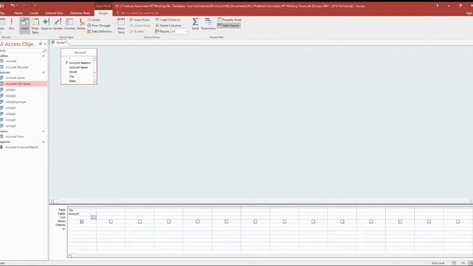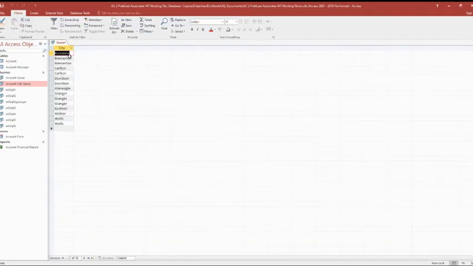So under this sort option, we're going to put ascending, meaning we want them to be in alphabetical order. So this should just give us all the cities alphabetically. Run. There they are, and they are alphabetical. But you can see here that it's duplicated them. So we have 2 customers in Wells. So Wells is listed twice. Granger's listed 3 times, and so on. So what we want to do now is we just want to see the cities listed once. So even if we have more than 1 customer in a city, we only want to see that city listed